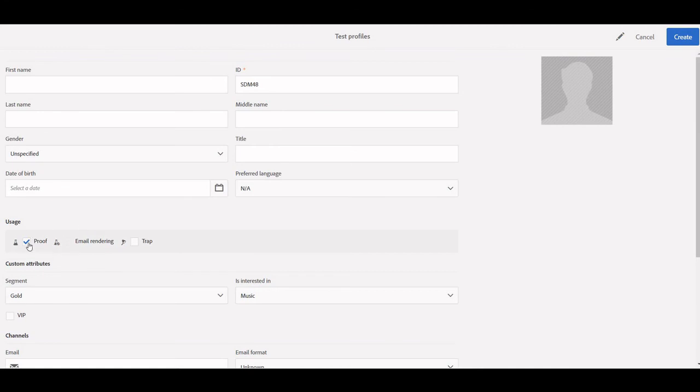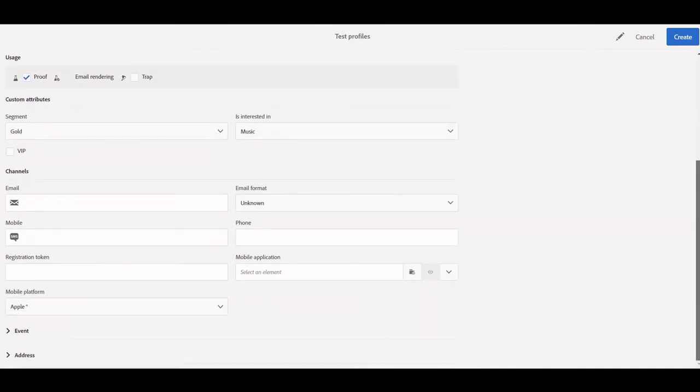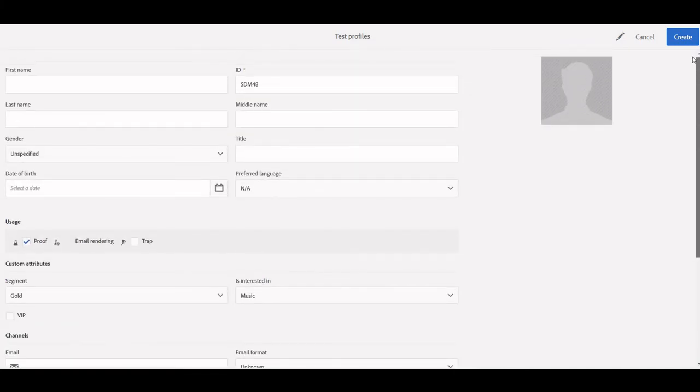We can either enable one, like proof or trap, or we can enable both as well, but the other options are quite similar, like first name, last name, middle name, gender, etc. We can give those, and then finally we can save the data. So this is how we can create a test profile.